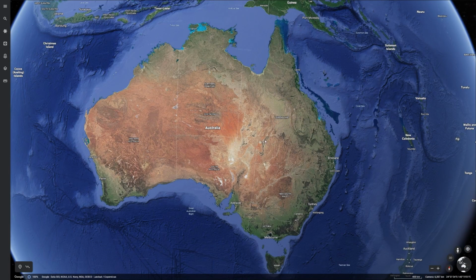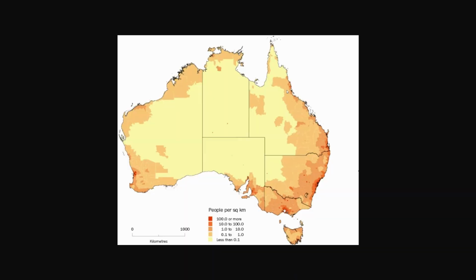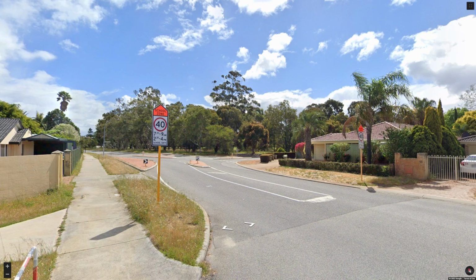Obviously these states are quite large, but if we look at a population density map of Australia, these states basically become smaller because most of this is completely empty land, and it's just around the coast in cities that you'll have high populations. And this is where most of the coverage, like I said earlier, actually is, just in these cities and these surrounding city areas. Now that we're done with all that, let's move on to actually breaking down the various states and territories of